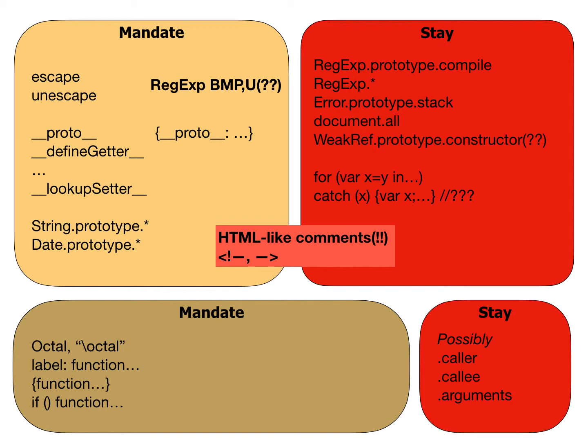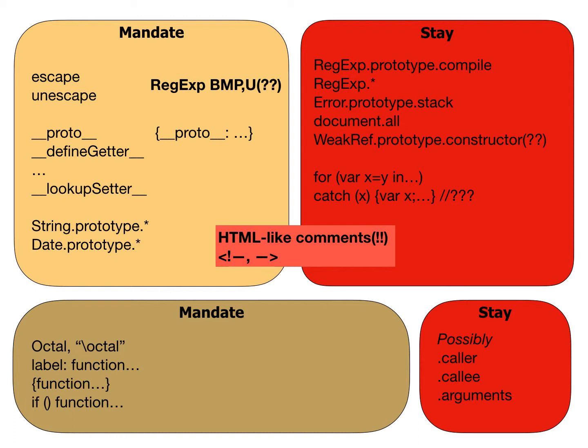Annex B also has mandated several pieces of syntax that are already specific to sloppy mode. And the question is, to my mind, quarantining them in sloppy mode is adequate. They don't need to be doubly quarantined by being both in sloppy and in Annex B. Any code that's avoiding sloppy mode in any environment that enforces that avoidance of sloppy mode is already not subject to those things.